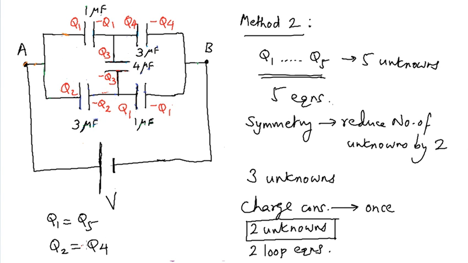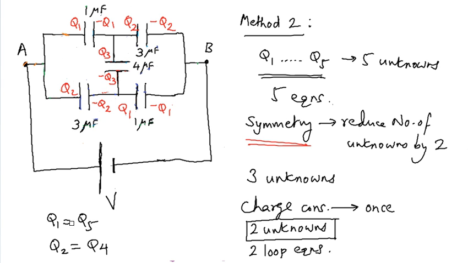and minus Q1 over here. Similarly, I'll make use of the fact that Q2 is equal to Q4, and therefore this Q4 and minus Q4 written over here, I'm going to replace it, and in its place I'm going to write Q2 over here and minus Q2 over here. Please note that by using symmetry, we have actually succeeded as promised earlier in reducing the complexity of this particular circuit, because now the number of unknowns is 3 as compared to the original number, which was 5.